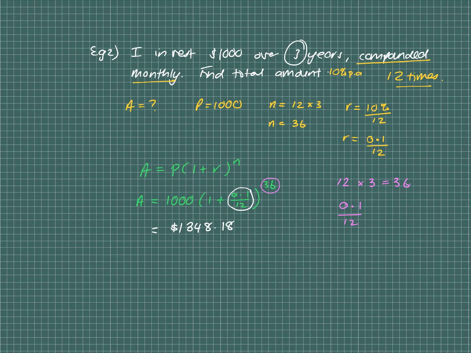Now, one thing I want you to do, because I probably should have used 5% for this question, right? Because I wanted to compare it with that previous one. So let's just have a quick look. If I did do this with 5%, right? So there's not much going to be different. Instead of being 0.1, it's 0.05 for 5% over 12 to the power of 36. Okay. If I recalculate that, I think that would be significant for us, because then we can compare it with that previous question to see what the interest is doing. So I'm just typing into my calculator now,